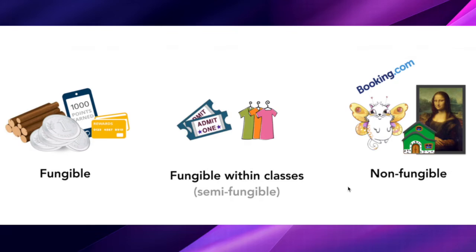So anything can be judged, but you can't simply change one house to another house, or one portrait of one artist to another portrait of another artist. These types of things are unique in real life, and sometimes people say that some things can be semi-fungible,